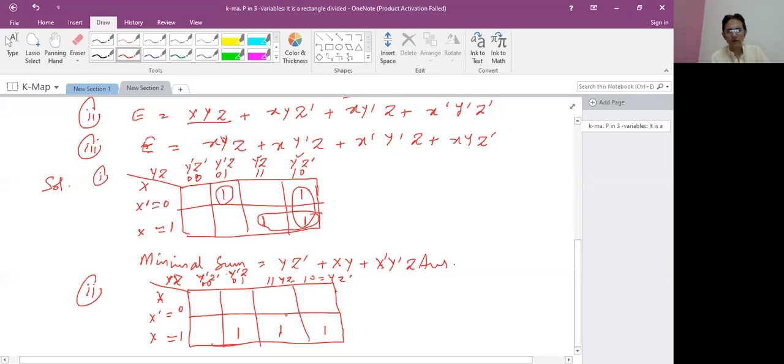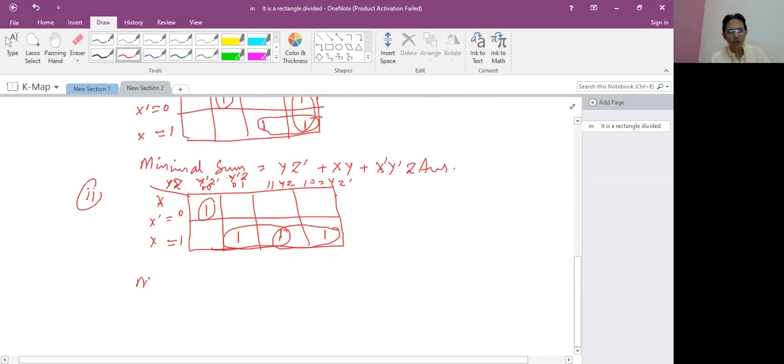And the last one, x complement y complement z complement. It means x complement y complement z complement. So when we draw a loop, it is single, but there are two loops. So the minimal sum is